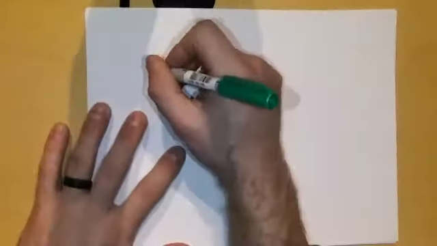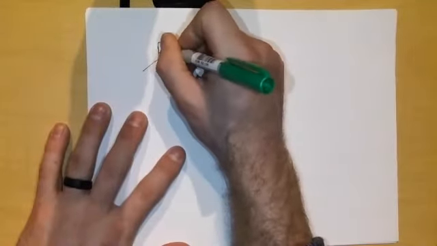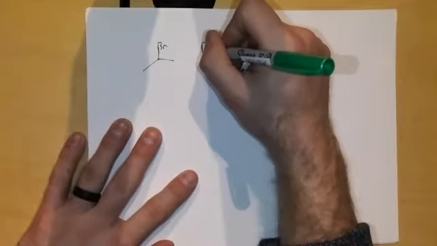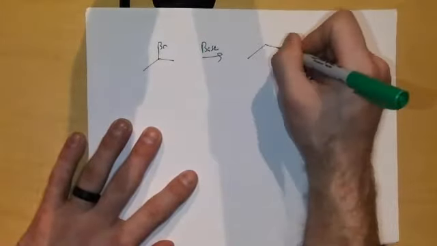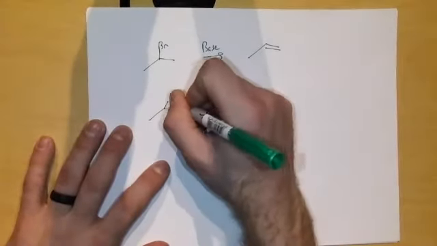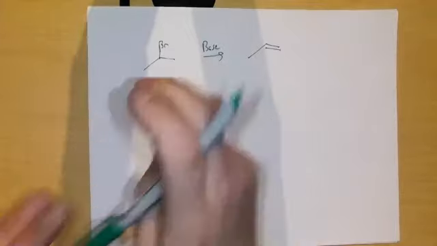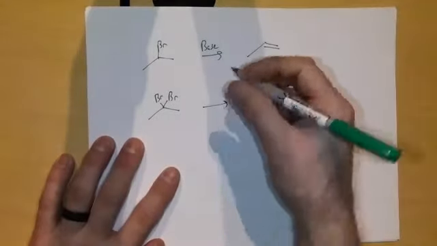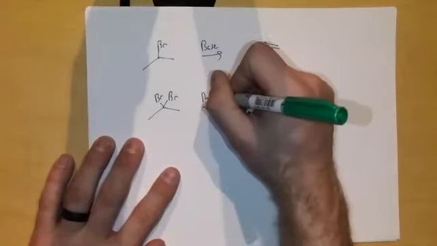Okay, so reactions that make double bonds: you have Br, you throw in base, and you can do an elimination. To make a triple bond, you are essentially going to do the exact same thing. There are really 2 different options. They can either be on the same carbon. So if we throw in something like NaNH2,